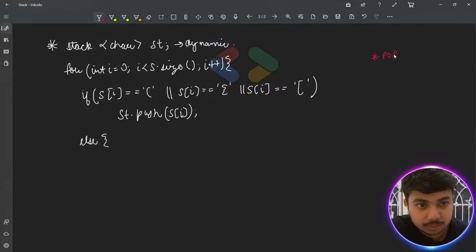Okay, जब हम पॉप कर रहे होंगे तो we need to very carefully know whether the stack is empty or not. If the stack is empty we cannot pop. Okay, so we need to check if empty,